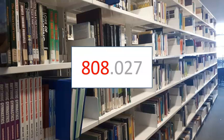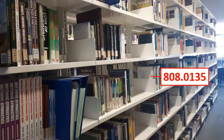Now you've matched the first 3 digits, continue along the 808s until you match the digits that follow the full stop in the shelf mark. In this case, that's 027. Here you can see a book with the shelf mark 808.0135. The first 3 digits match the shelf mark of your book, but the digits that follow, 0135, do not,